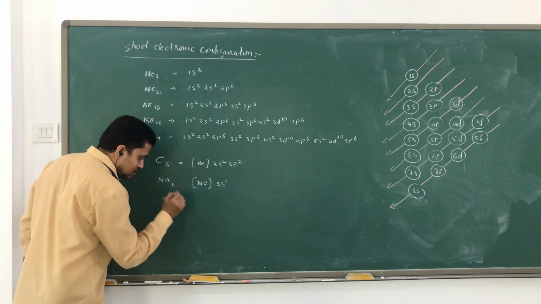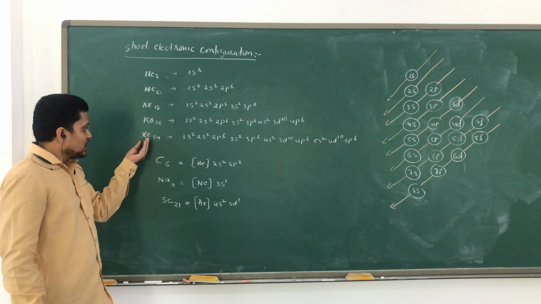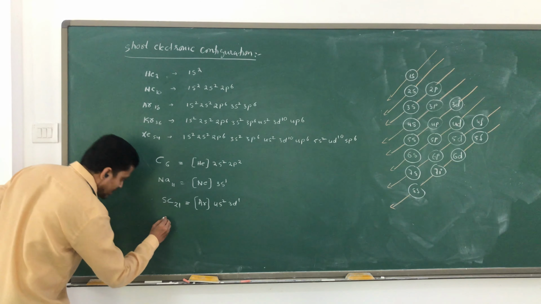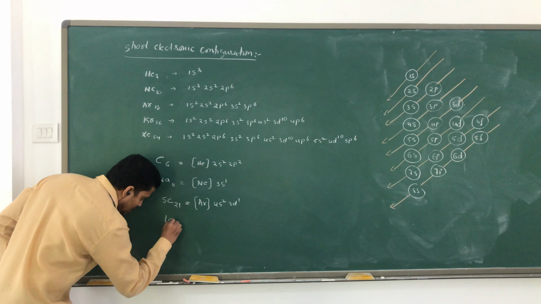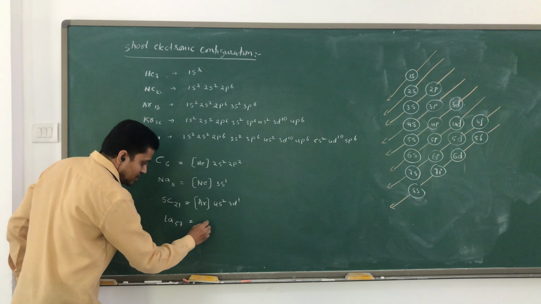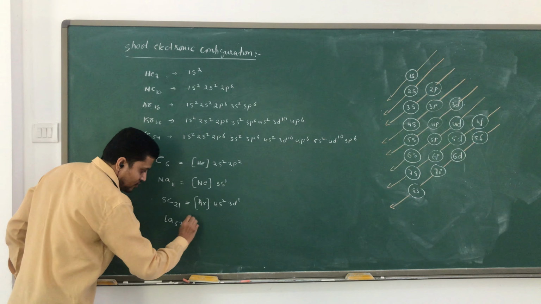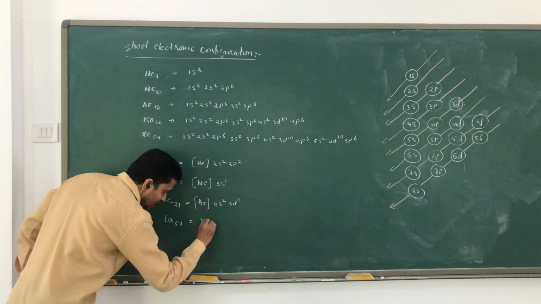So in that order, even after the krypton, a long element like the xenon also we can take, and we can write the electronic configuration of any other element. So remember that simply, if I have xenon, suppose after the xenon I am taking one example, lanthanum. This lanthanum has atomic number 57. So till 54, 5p6 we have. We already have 54, so xenon simply we have to add.